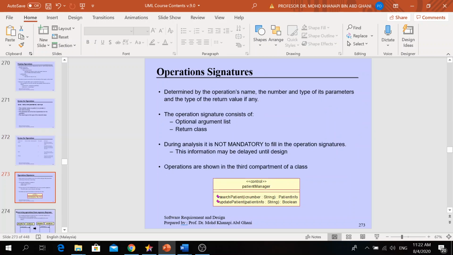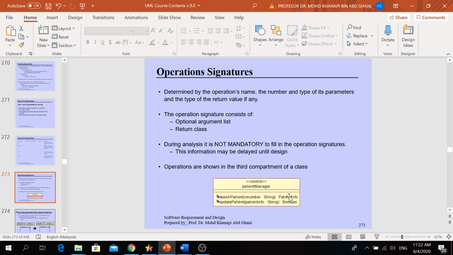Okay, what is the operation signature? The operation signature is the argument list and return type. When you write your operation, you need to pass some values, called parameters here, like an IC number, or you can pass in an object, for example patient information.